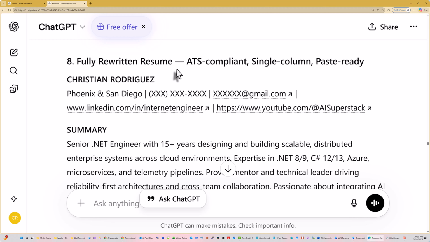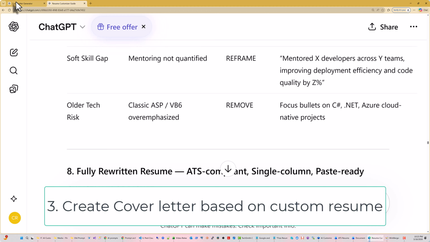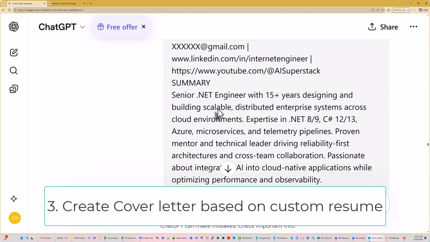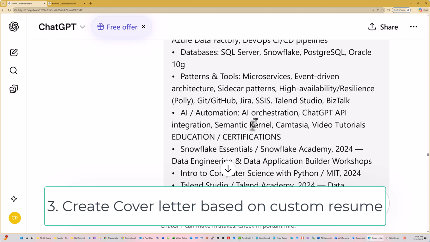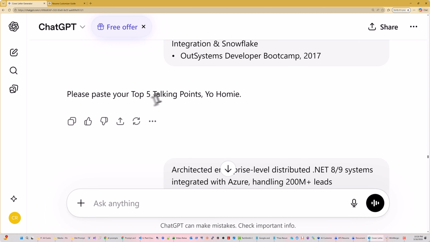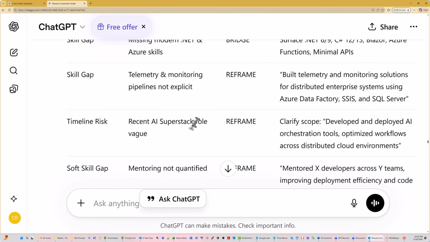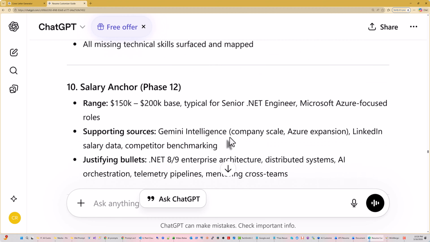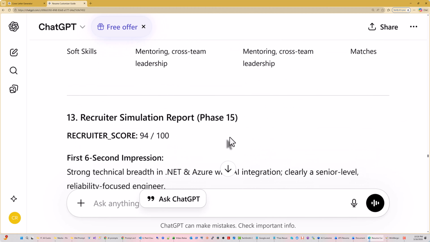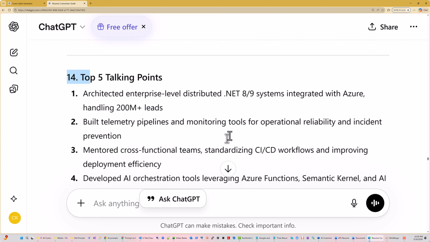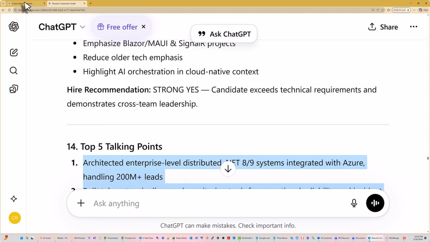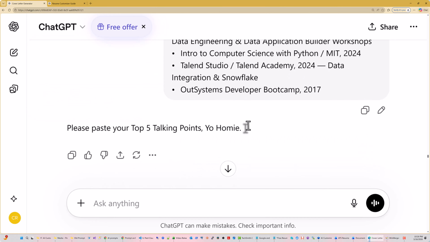And once you have that resume, you're going to run the cover letter using that resume. Okay. And then after you run that resume, it asks me for a bunch of other questions like the top 5 talking points. So where do I get that? So in the resume optimizer at the very bottom, you're going to see the 5 talking points. So it's step number 14. It's right here. You're going to have to grab this information, copy it, and then paste it into the cover